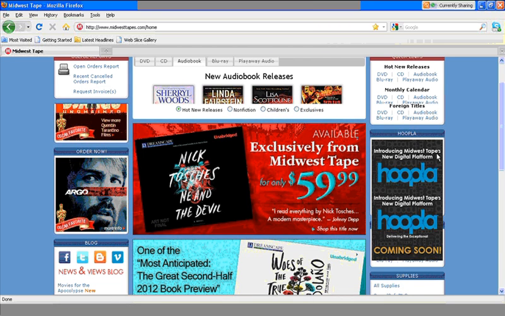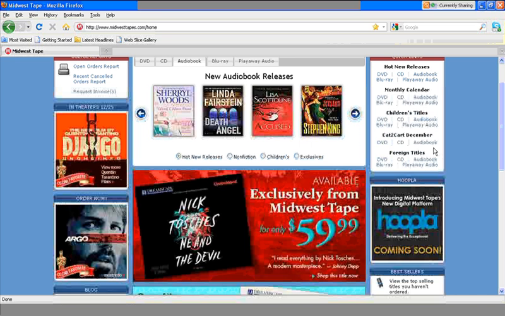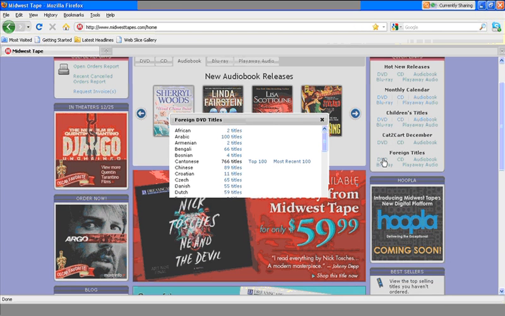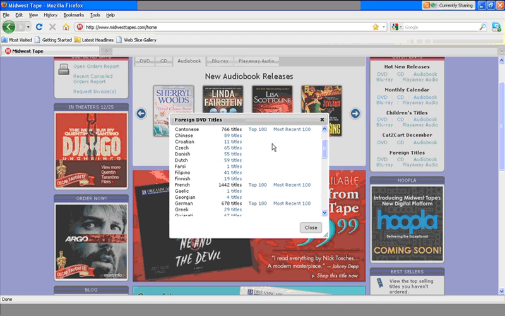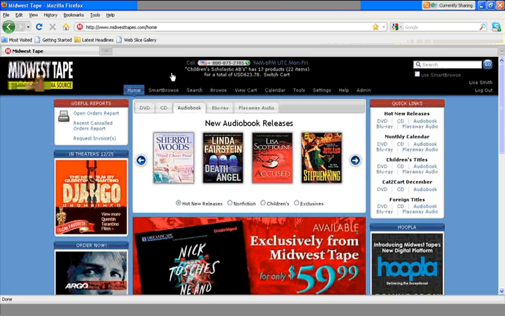And foreign titles. If you are a foreign selector at your library and you want to find some foreign material, this is a place where you can do so. If I want to look at foreign DVDs, I can hit DVD, and it's going to pull up the language. There's quite a few in our system. Let's say I want some French titles, French DVDs. Well, there's over 1,400 of them in our system, and you can go to the most recently added 100 or the top 100. If you want to see all 1,442 French titles, by all means, we can go to our